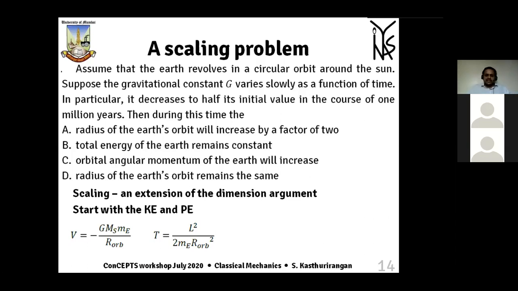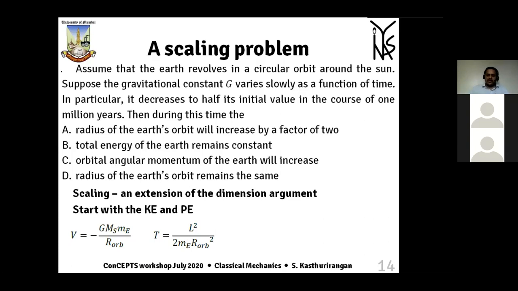Kinetic energy term, since there is no half m r dot square term, because there is no radial oscillation, it's a circular orbit. Therefore, all the kinetic energy is only rotational kinetic energy. It will be given by L square by 2 times mass of earth into r orbital square. Actually, in place of mass of earth, it should be reduced mass. But since mass of sun is much heavier than earth, you can safely take mass of earth in the kinetic energy denominator. Now, if you look at these two things, what are the constants? Angular momentum is constant. Ms and Me are constants.